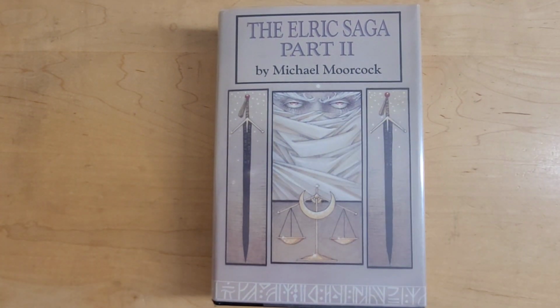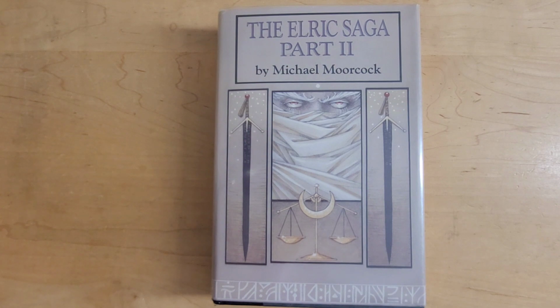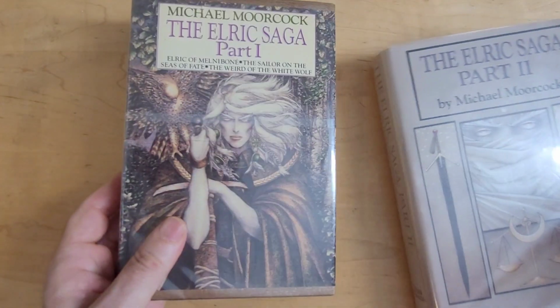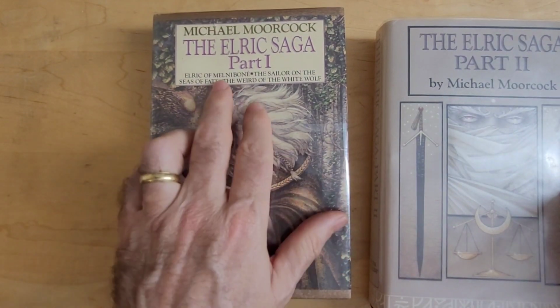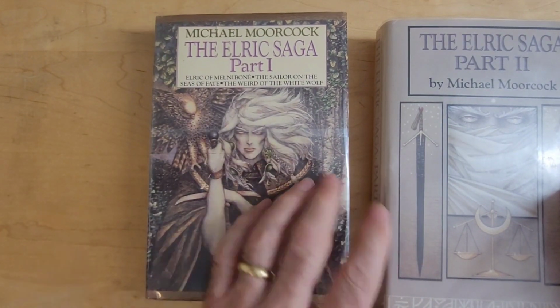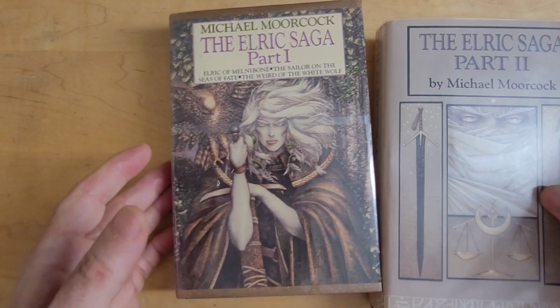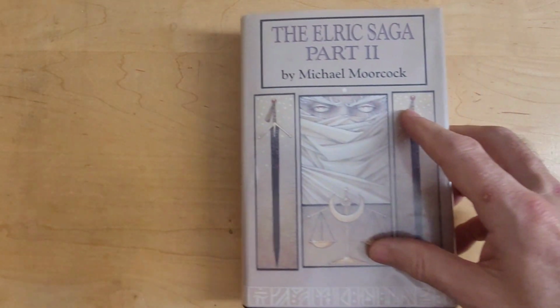Part 2. I finished Elric Saga Part 1, comprising the first three novels, and these are all, again, following the Daw editions. So it was Elric of Melniboné, first published in 73, I believe, and then The Sailor on the Seas of Fate and Weird of the White Wolf. Elric Saga Part 2